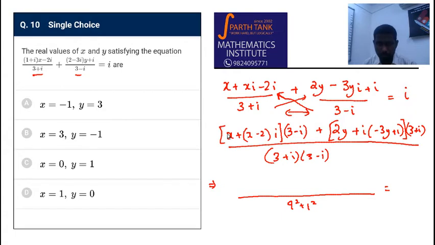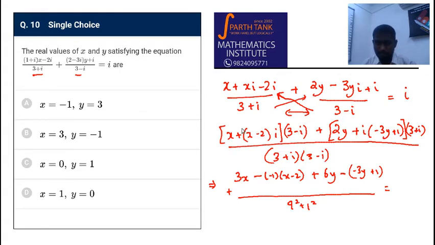What about the numerator? X into 3, the real part would be 3x, and then these two terms, that is minus BD, so minus of minus 1 into x minus 2, and then the real part from here would be 2y into 3, 6y, and then minus of BD, so minus 3y plus 1 into 1, and the imaginary part would be